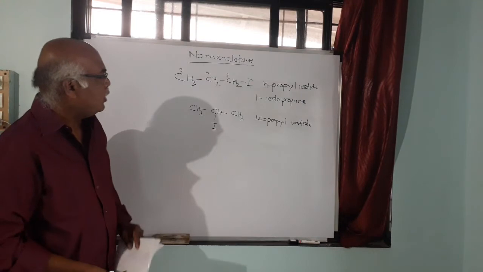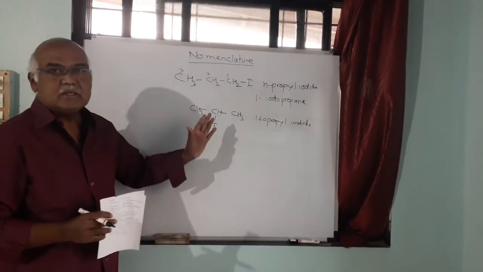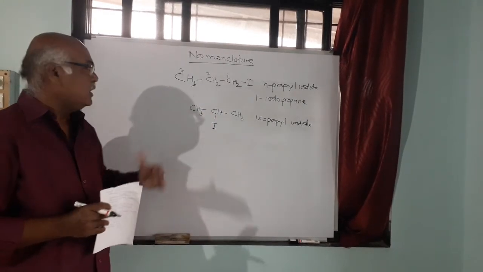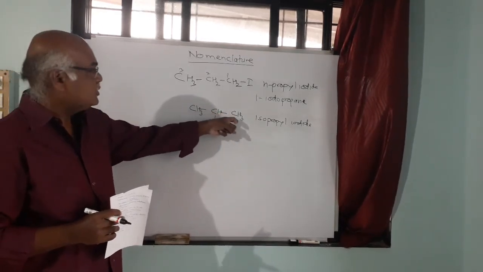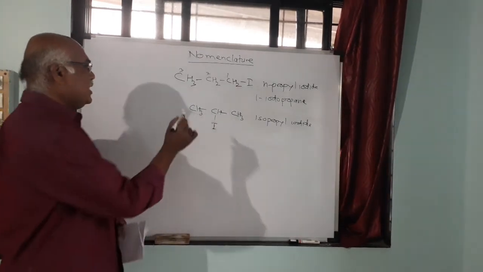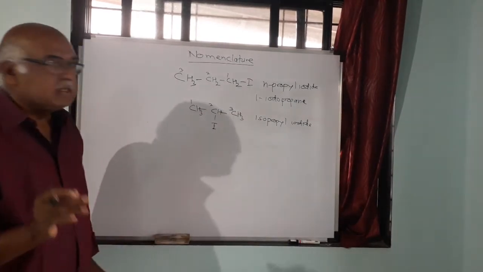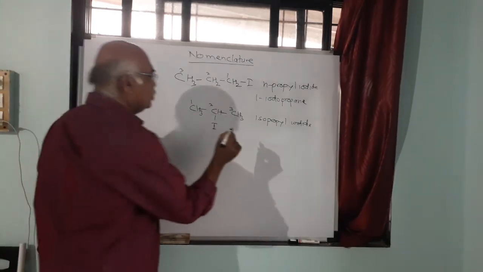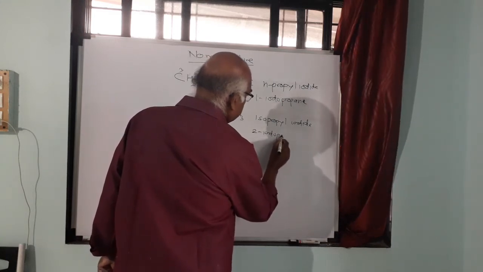And now you can make the difference. You have to give numbers to the carbon atoms in the IUPAC system. You can start from the left hand side or the right hand side. If you start from the left hand side, the iodine is on carbon atom number 2. And if you start from the right hand side, again the iodine is on carbon atom number 2. So you can start from anywhere: 1, 2 and 3. Now indicate the position of iodine or halogen atom by the proper number, and that is 2. So this will be 2-iodopropane.